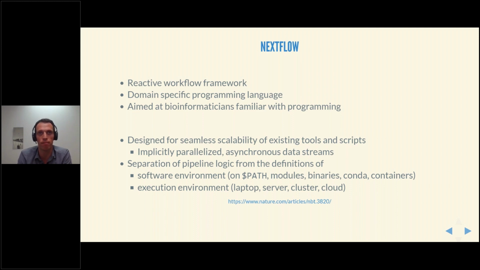And the separation of pipeline logic from the definitions of software and compute environment allows this flexibility of running it across different systems, and also helps the shareability. So you can have others using your workflows without spending hours, days, or perhaps weeks trying to set up the right environment.